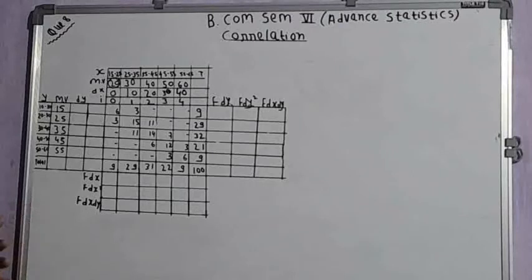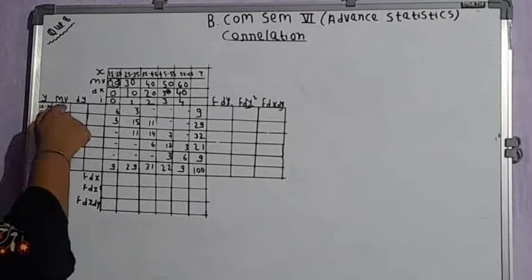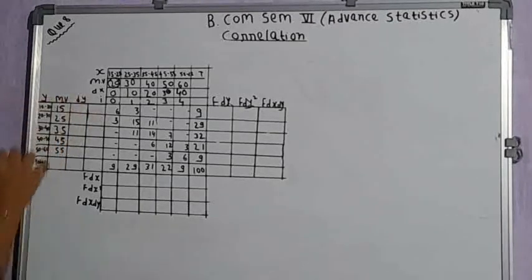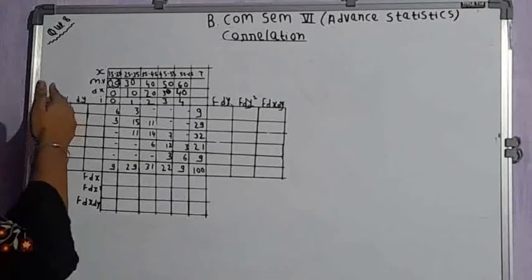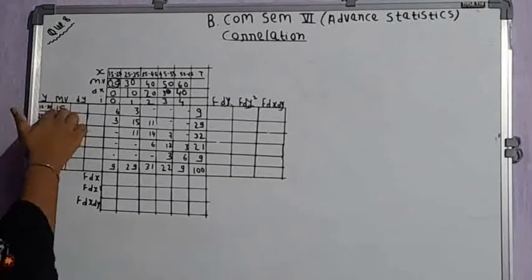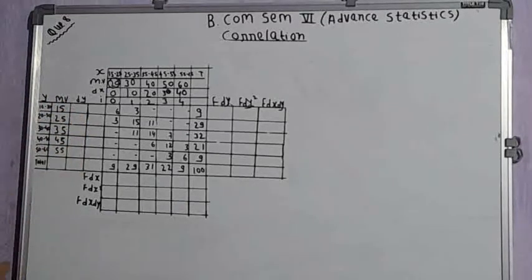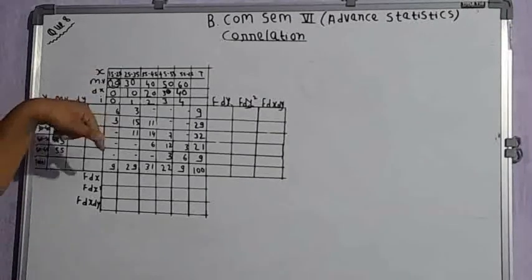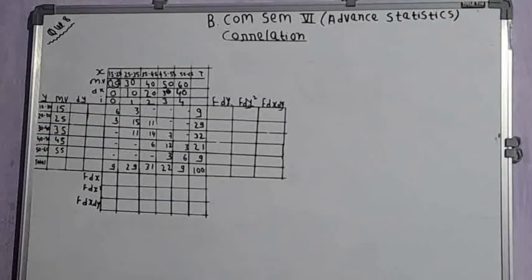And one more thing is there. If the difference between the class intervals is constant, the middle value will also move in the same progression. Like the difference between the class intervals is 10 over here. So for the first class interval, the middle value is 15. Then it is increasing by 10 only: 15, 25, 35, 45, 55. Why? Because the difference between class intervals is 10 only. In the X series, you can determine the same pattern.